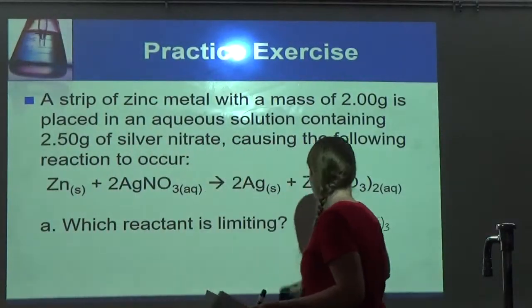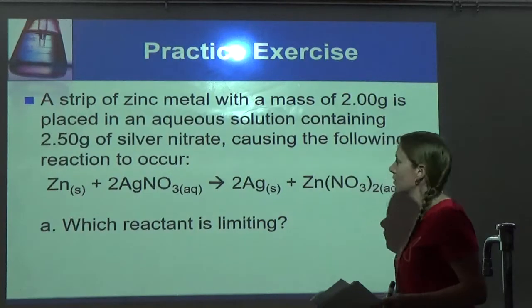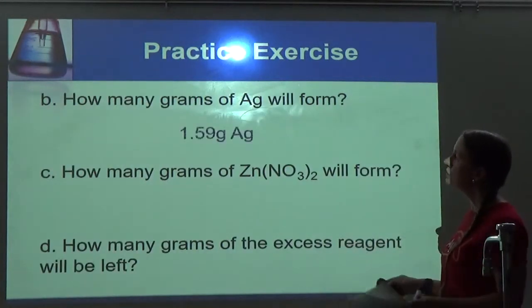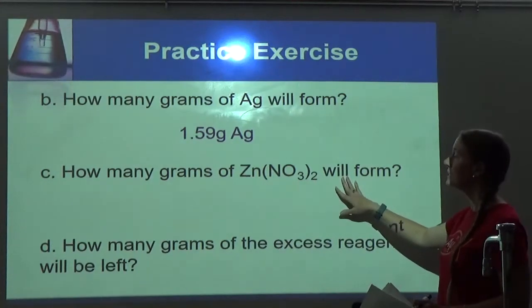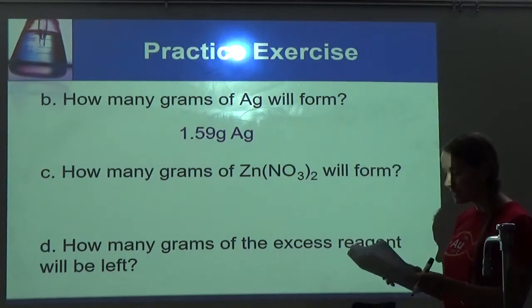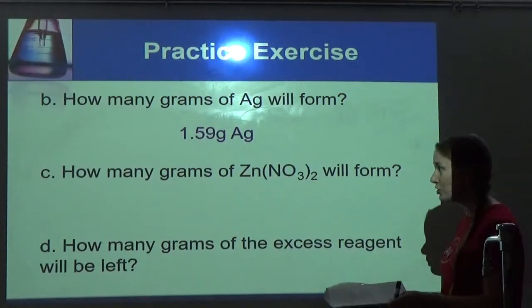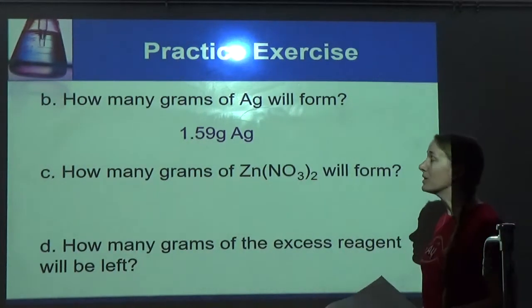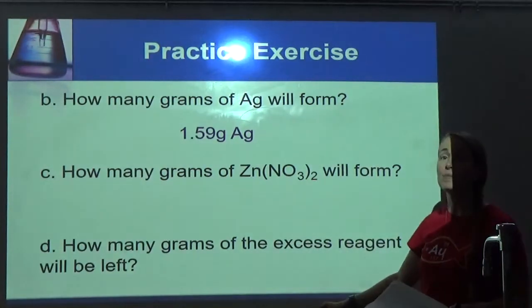All right, so let's move on. So part B, of course, said how much silver would form, so we got 1.59 grams. Well, then it says how much zinc nitrate will form. Well, we've already determined that our limiting reagent is the silver nitrate. So that means I need to start with the silver nitrate to determine how much of my other product I'll